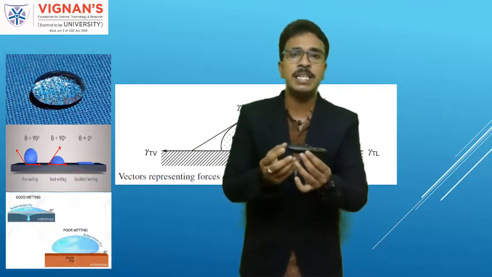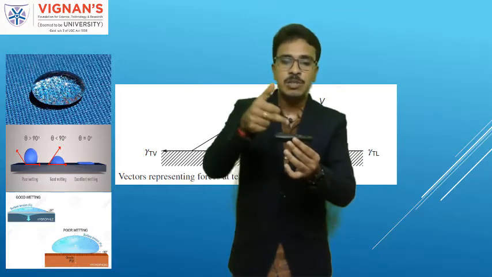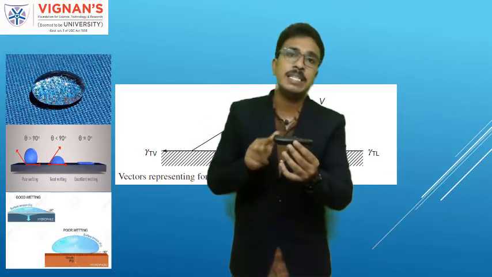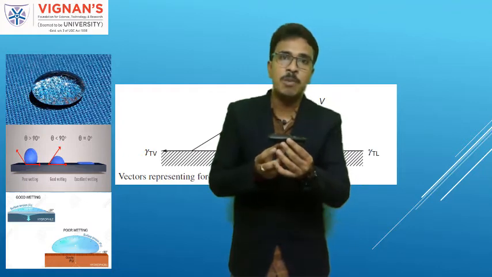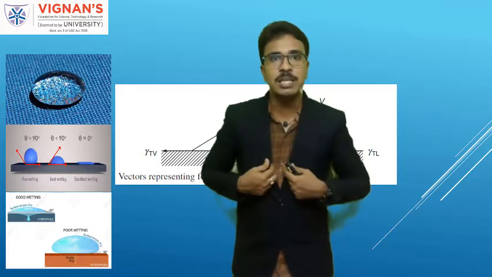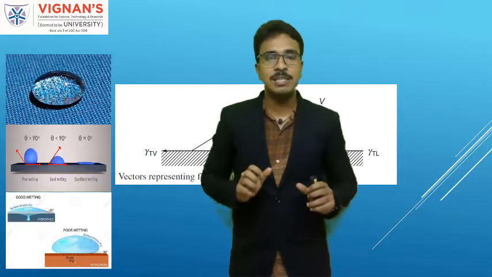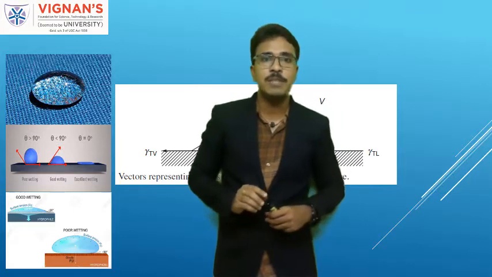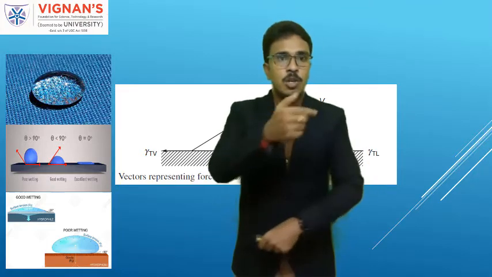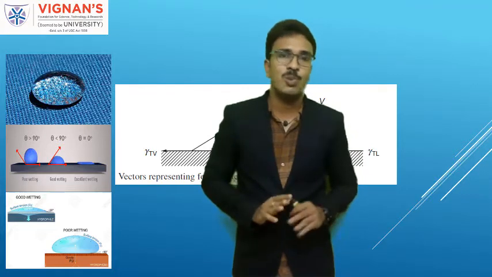But one more criterion we need to consider here is that it is not allowing the droplet to enter, but at the same time it is allowing the moisture vapor to pass. Say, for example, this is a jacket of water repellency, and now I am wearing this jacket. If I am going out in the rainy season, the droplet will fall onto the jacket, and the droplet should not enter. So this is one thing.